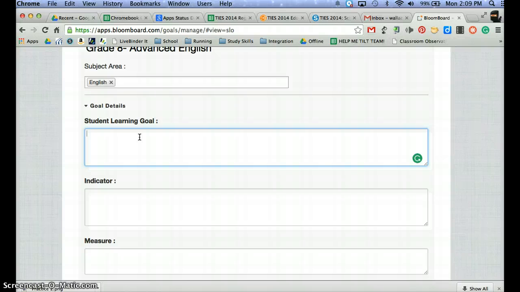In the English department, we're working on grammar usage connected to the ACT, but in particular in my 8th grade English class, we're working on punctuation. So my student learning goal is going to be that 90% of my students, and I just have one class, so I have a pretty rigorous goal, are going to be proficient